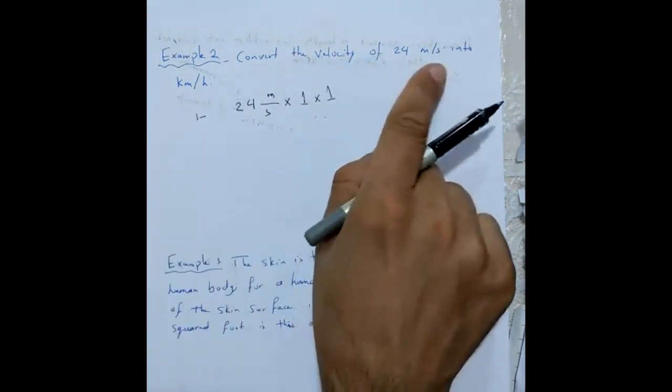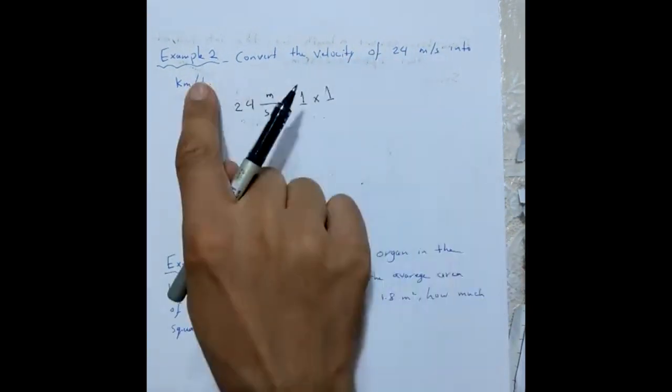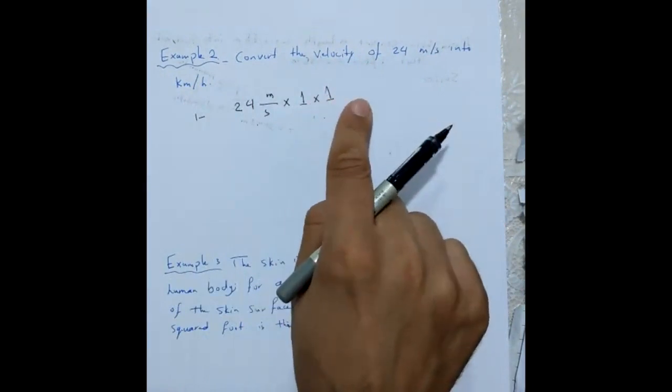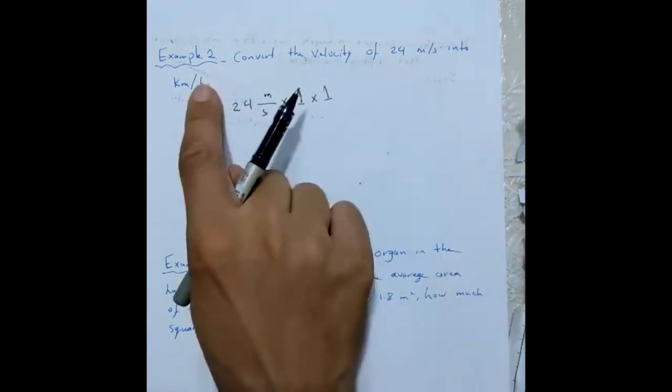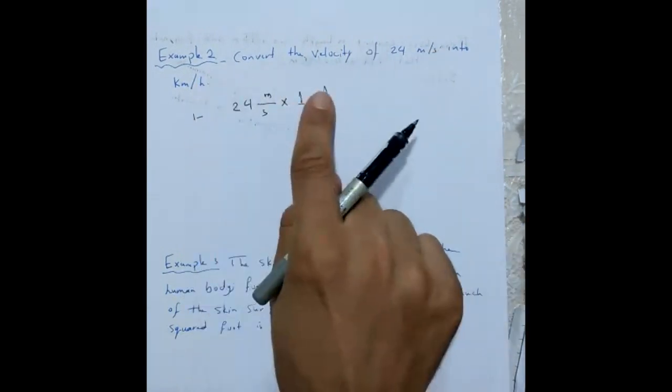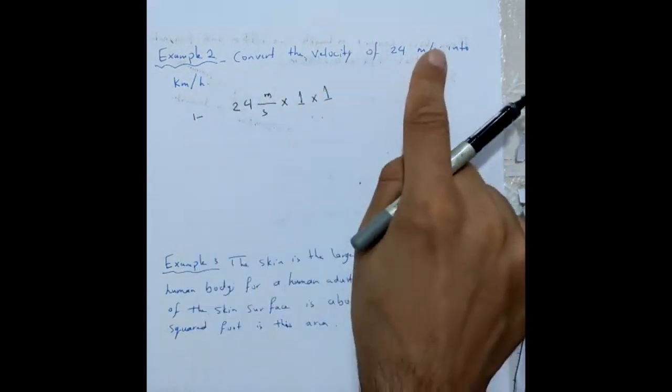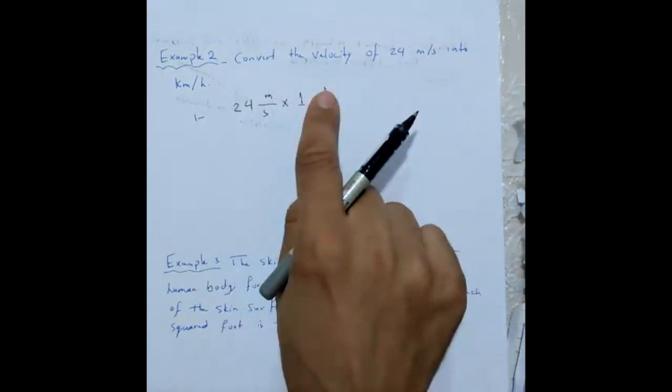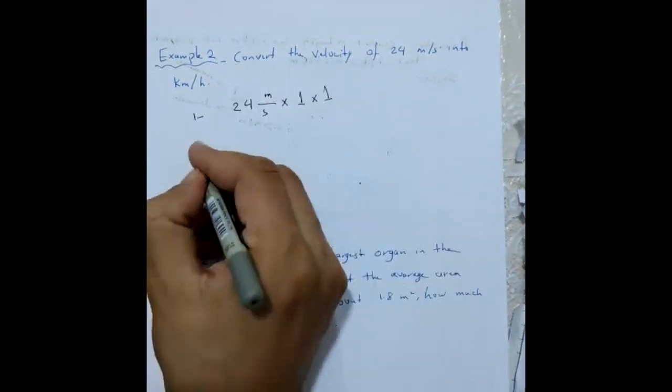So if you want to convert more than 1 unit, you will put more than 1. If you have 2 units to convert, you will put 1 and 1. If you have 3 units to convert, you will put 3 ones and 3 ones. If you have 1 unit to convert, you will just put a single 1. Okay? So then step 2 is